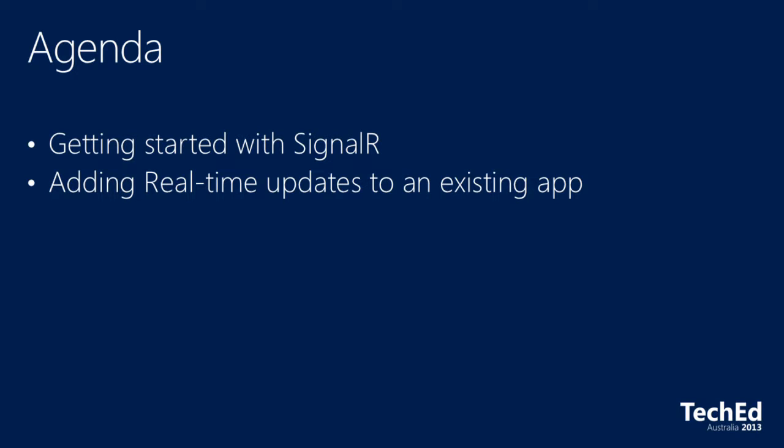Because I think that it's more relevant than seeing sliding boxes on the screen. Yeah, that's cool, but if I've got an app, what do I need to do to get SignalR into it? So there are some really good libraries and tools that you'll be able to see, and I hope you can pick that up and implement that into your own apps.